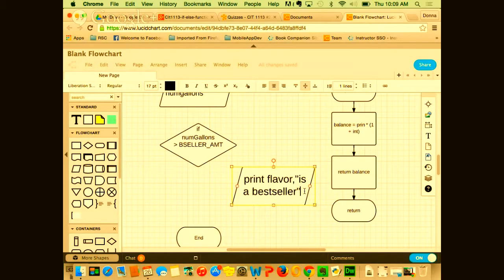Now that's not exactly Python, but you get the idea. Print, flavor is a bestseller.